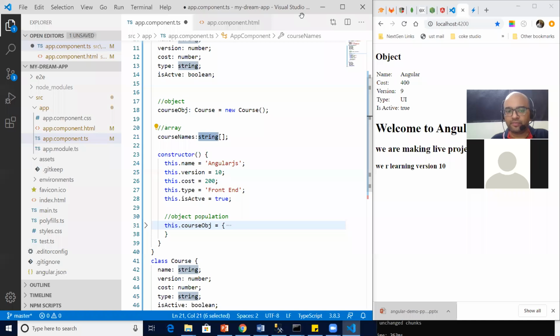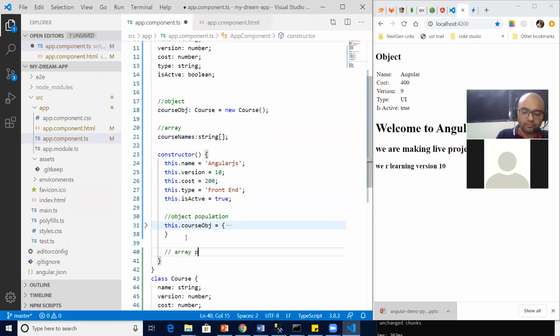Agree? And how am I going to populate it? Yes, array is a collection of similar data type. So what is the data type here? Quickly answer, guys. String, correct. So data type here is string. Absolutely correct.